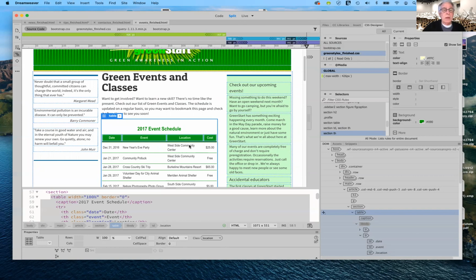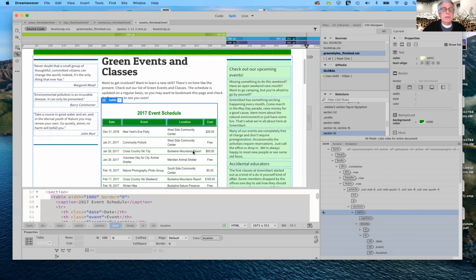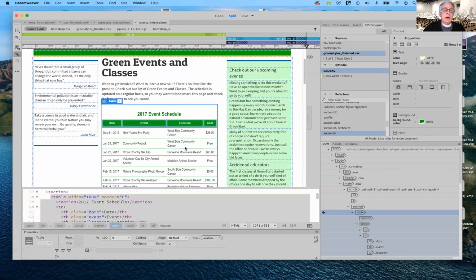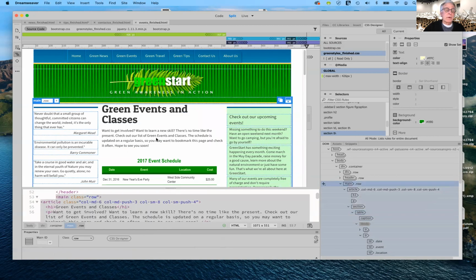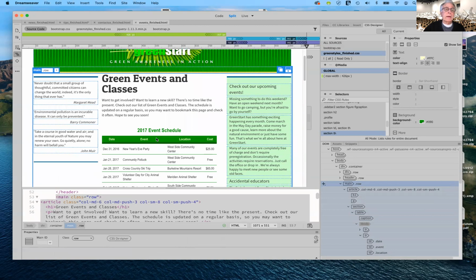So it will take us a while, and hopefully I don't make too many mistakes in doing that. It's easy, as I say, as I'm talking to you, I'm not paying attention to what I'm doing, and things can get goofed up very easily. And it will also require us going back and forth when we're copying and pasting and editing, back and forth between live view and design view in order to do this. So these will be the next group of content that we will be adding as child pages to our